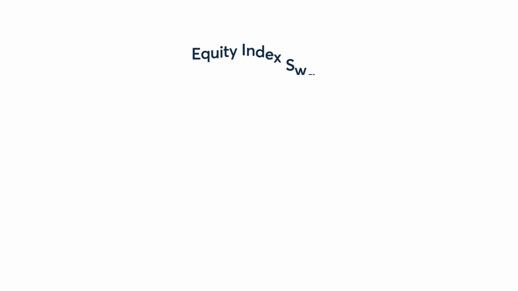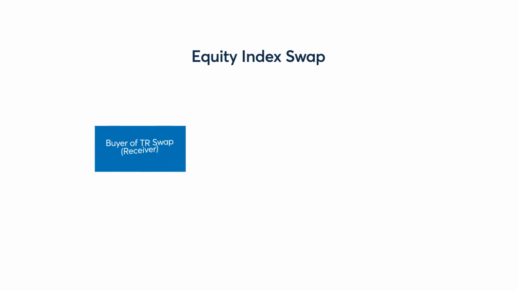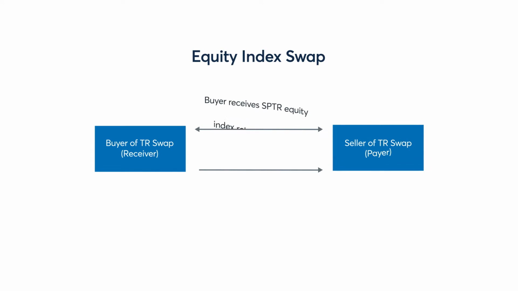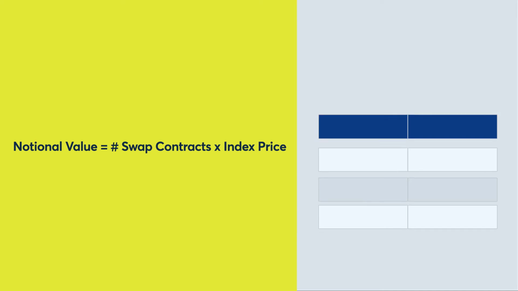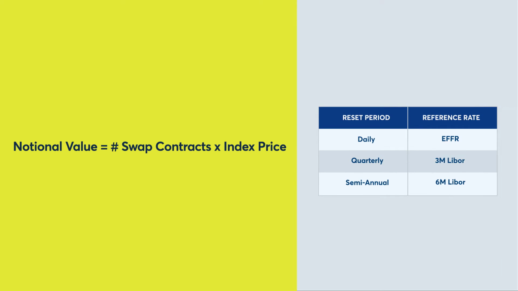As a refresher, in an equity index swap, one counterparty agrees to periodically pay the other party index performance in exchange for an agreed-upon financing payment. The financing payment for the period is based upon the swap's notional value and an agreed-to reference rate that aligns to the period length, plus or minus an agreed-to swap spread.